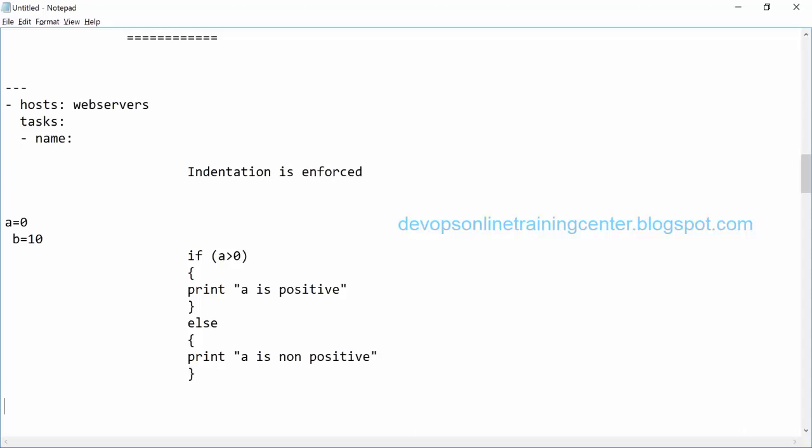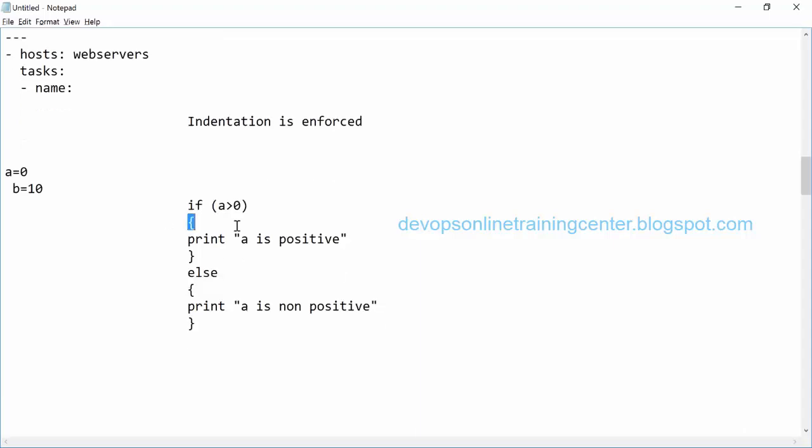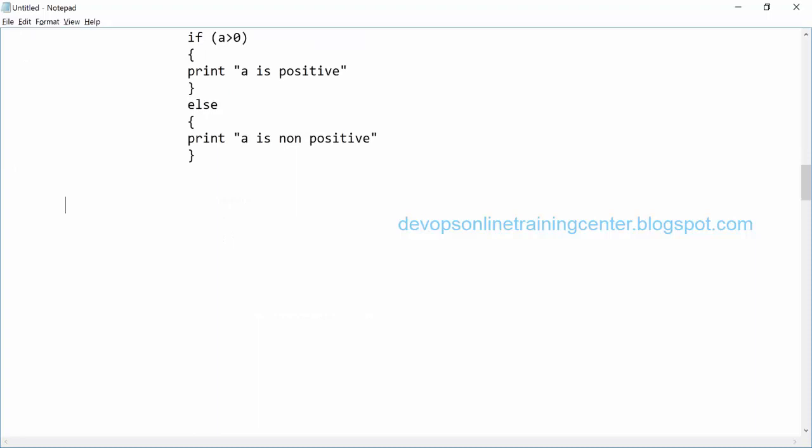So here the interpreter knows that a block started here and ended here, started here and ended here. Different languages have different syntaxes, right? But Python does not have any curly braces or anything. It just understands that a block is started and a block is ended using indentation.